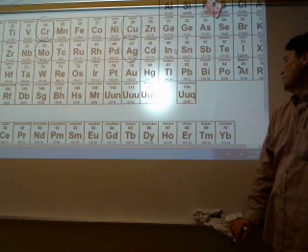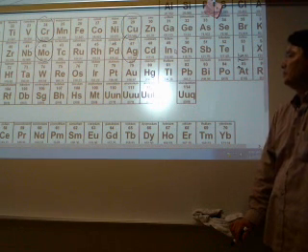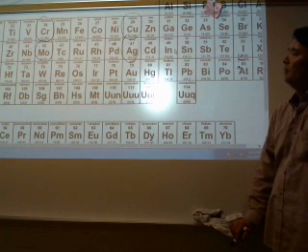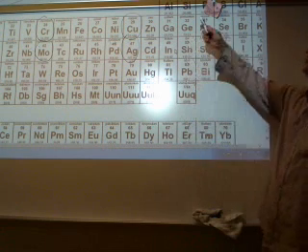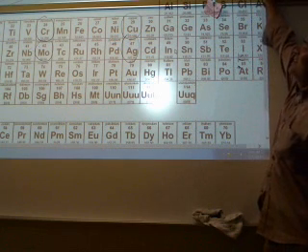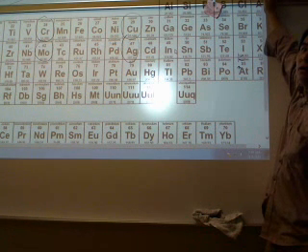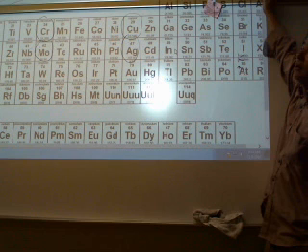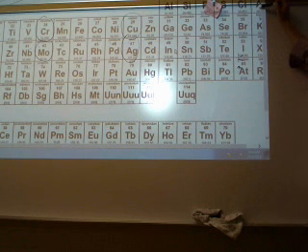There are some interesting things sometimes about these shells. One thing is how many electrons does the shell hold? If you look at the first shell, it only holds 2 electrons. The second shell holds a total of 8 electrons. The third shell holds a total of 8 electrons. The fourth shell holds a total of